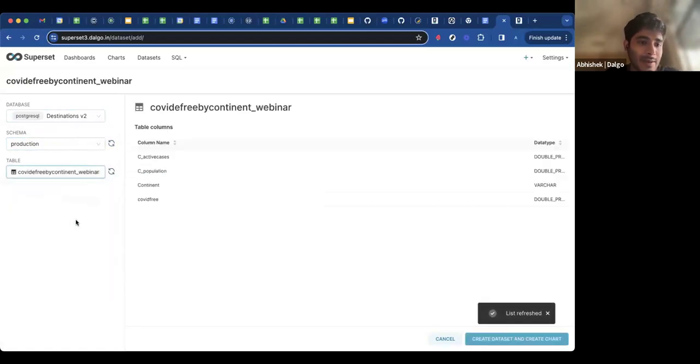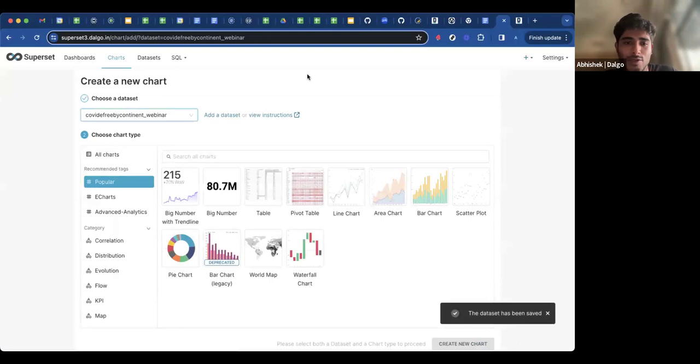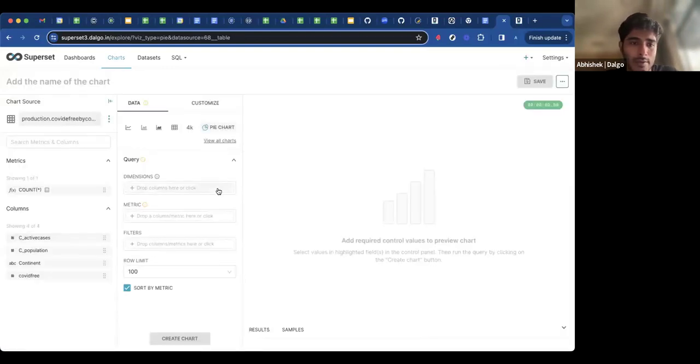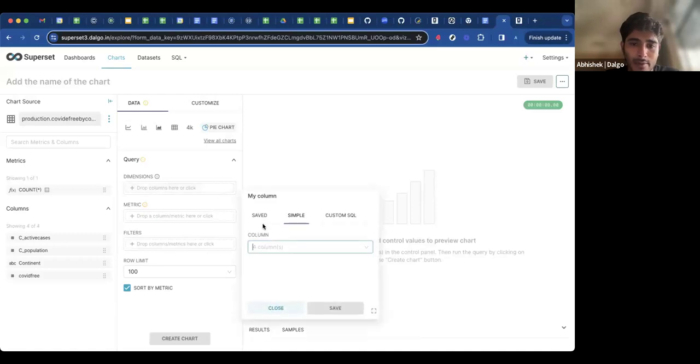Yeah. So that was the table we created, right? COVID free by continent webinar. And now I have the data set here, and I can then go ahead and create a chart, right? And let's say I want a pie chart, and say create new chart, and very quickly do this over here, all right? So continent, and